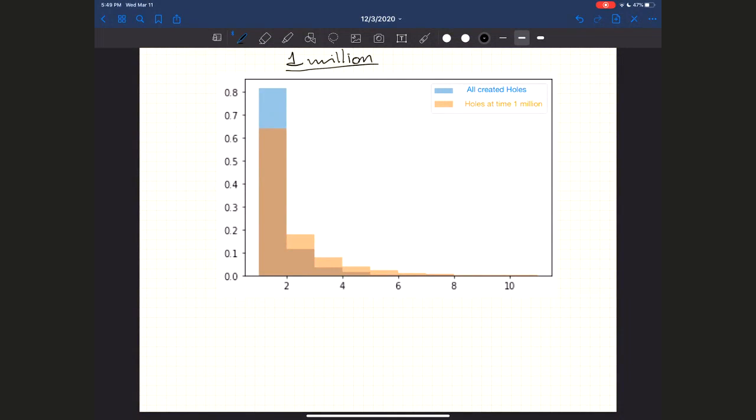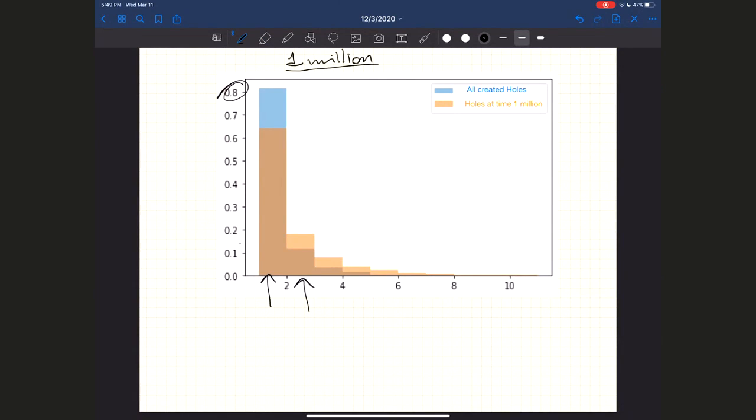And then I'm showing you here the histogram of all created holes. Of course, it is with respect to 1, right? So 0.8 of the total of holes that were created along the whole process have area 1, and then